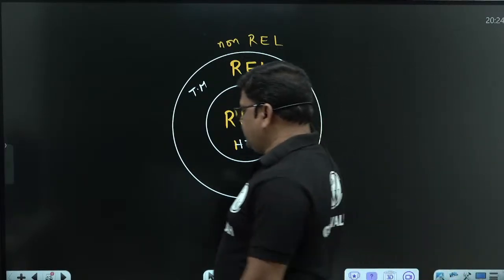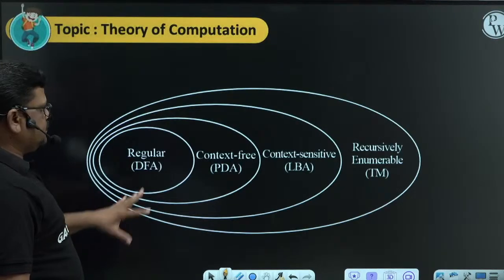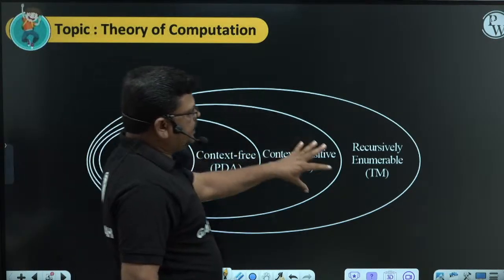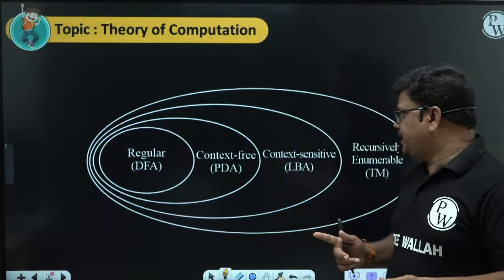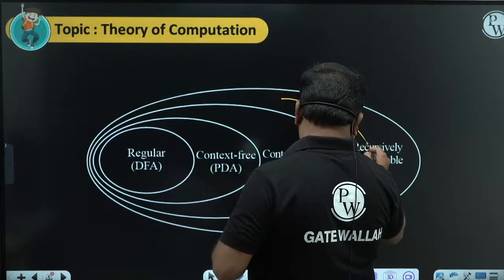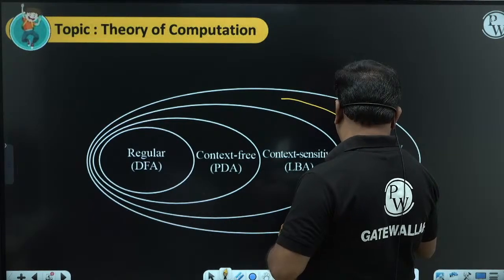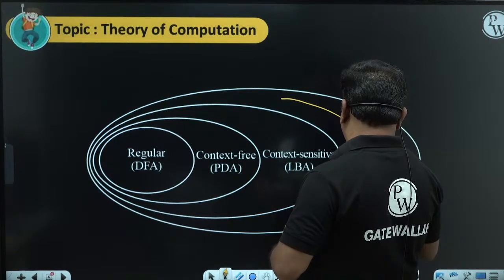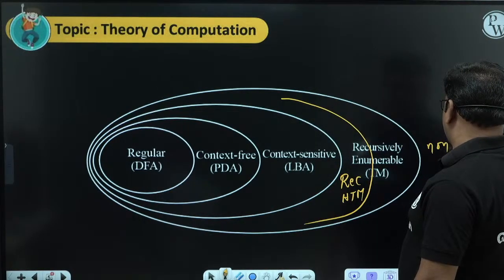So if you observe our Chomsky hierarchy, this is the Chomsky hierarchy, no? Here we have the recursive enumerable language Turing machine. Again it will be further classified: we can construct something here called recursive languages, the halting Turing machine for this, and here we have non-RELs as well.